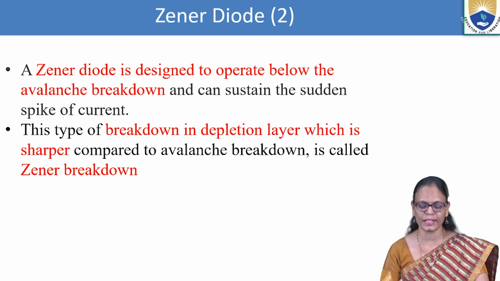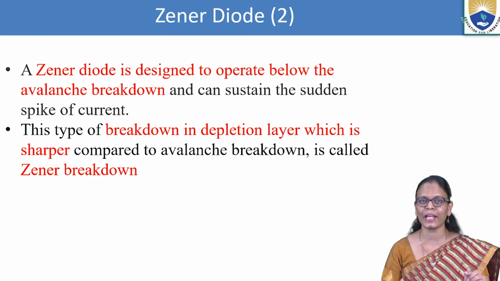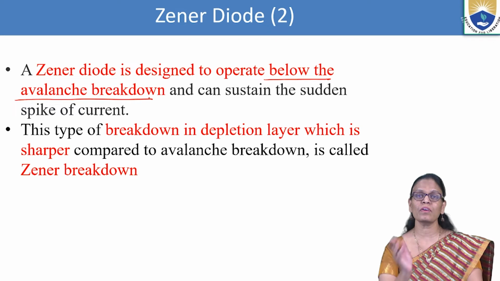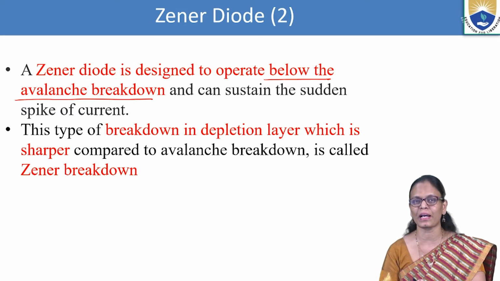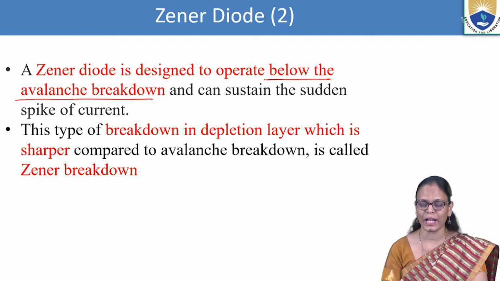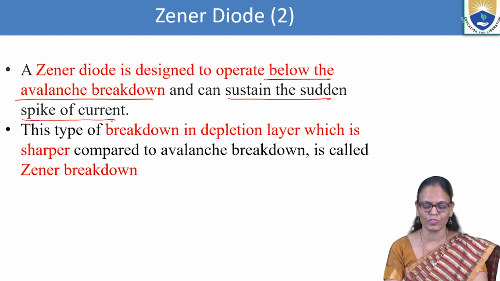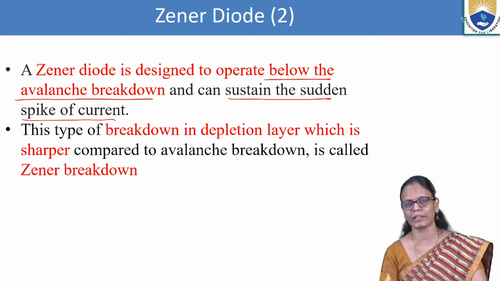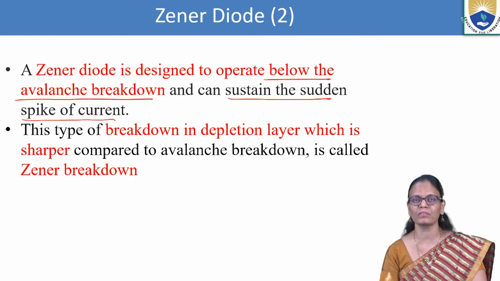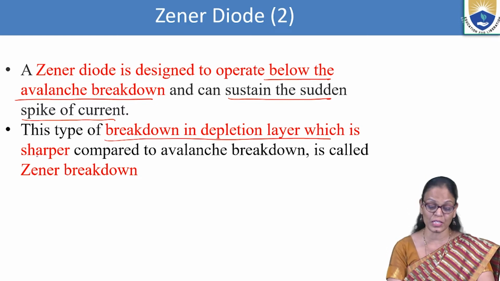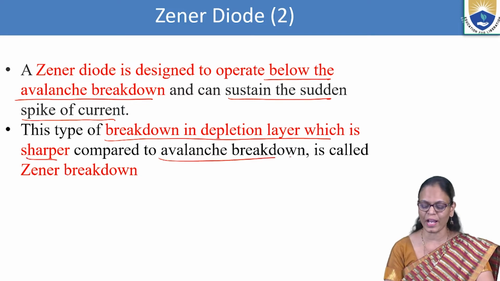So what do we have in a Zener diode? We try to operate the Zener diode below the avalanche breakdown. Means even before the breakdown of the potential barrier happens and a large amount of current flows, we operate below that so that it can sustain the sudden spike of current. Before the diode gets destroyed, there will be a breakdown and the diode will allow the current to flow. And this type of breakdown in the depletion layer, which is sharp compared to avalanche breakdown, we call